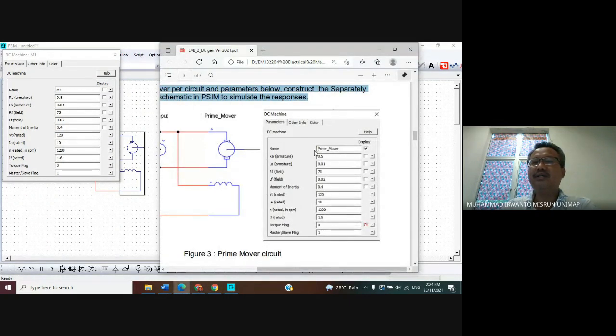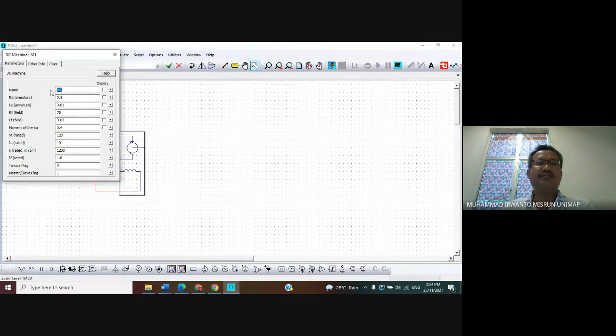In here, name it prime mover. We can type in here prime mover. Just click or tick this one to make the name of the DC machine appear.